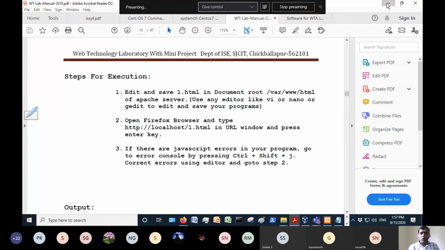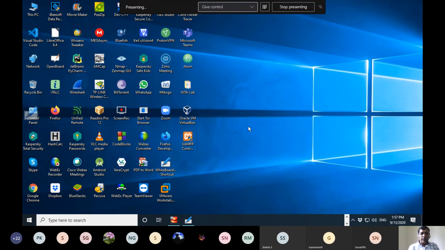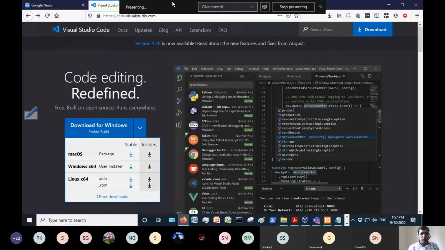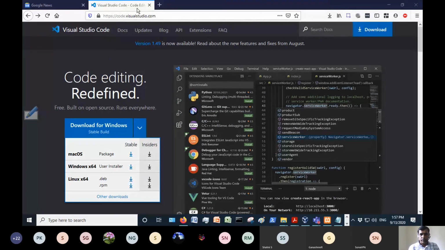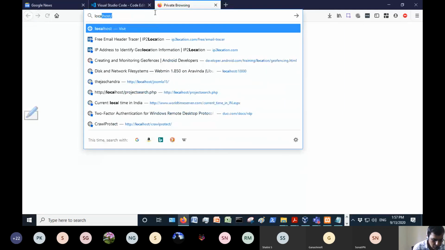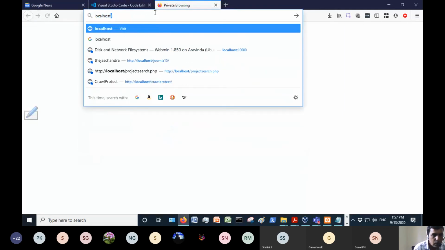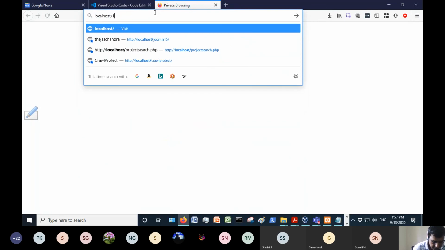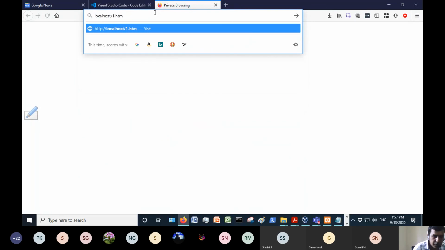Okay. So you can run the program developed for the Windows environment on XAMPP. Now I will give localhost/1.html. I'm running on Windows right now on XAMPP.